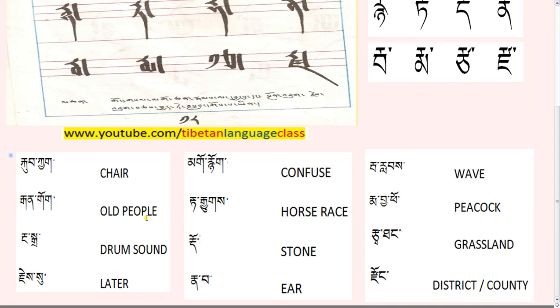Gengo means old people. And then the next example is ra ngapta nga. Nga by itself means drum. Ngata means drum sound. Da means sound. Nga means drum. And the rata, yata, these are the ones we have learned in the previous lesson. So you guys should know if you have taken the lessons.